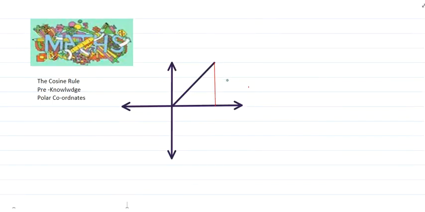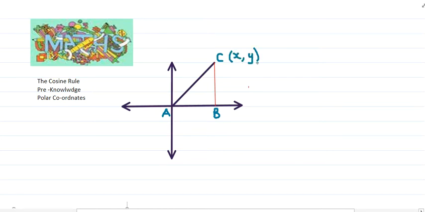In order to prove the cosine rule, we need a little bit of pre-knowledge, which we call polar coordinates. Let's see what we mean by this. If you look at the diagram, we have a Cartesian plane, and I'm going to call this my angle A in the standard position, B, and C. Now previously we used to name the coordinates of C, X and Y,